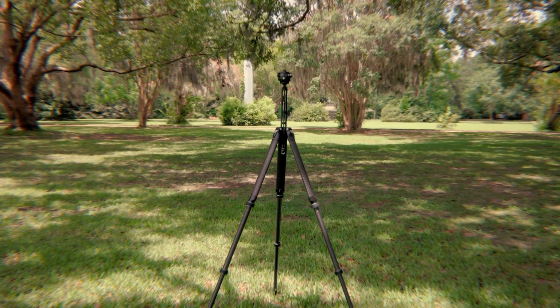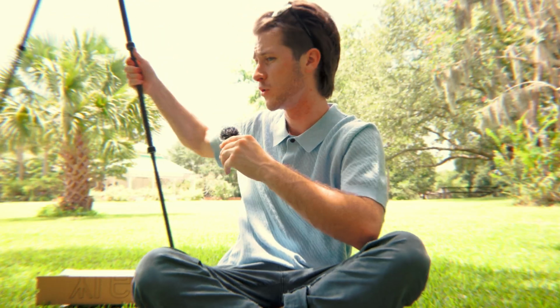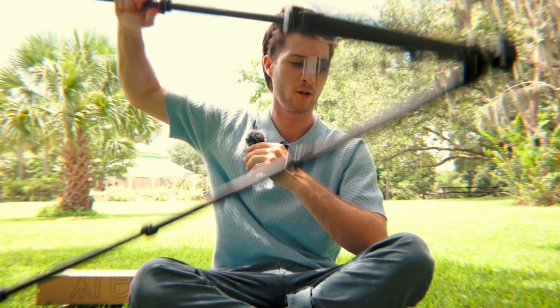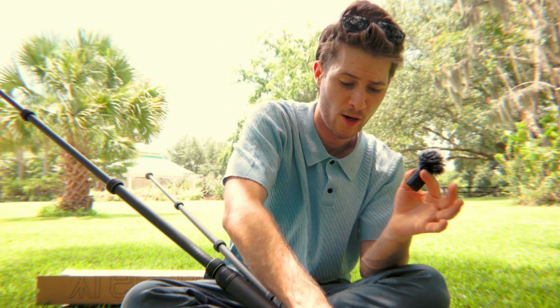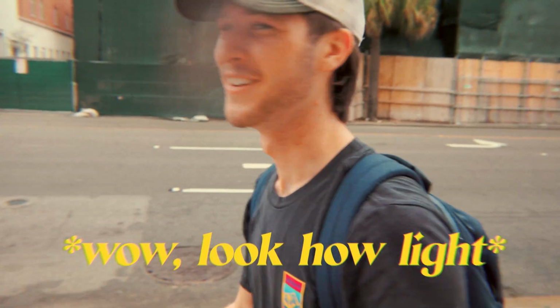It's a pretty nice looking tripod. It's made of carbon fiber, which is a solid step up from my other tripod, which though is very strong, very durable, it's very freaking heavy, and that's obviously the benefit of carbon fiber. It's light. Now the part I'm most excited about, the part that I like the most, is the quick release